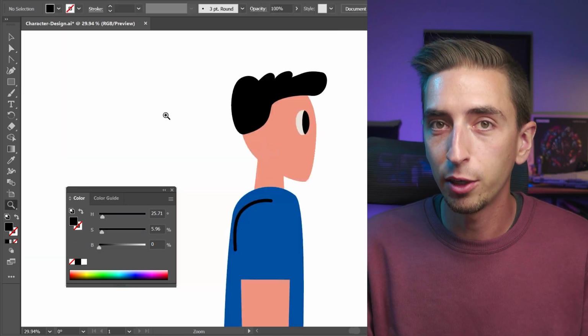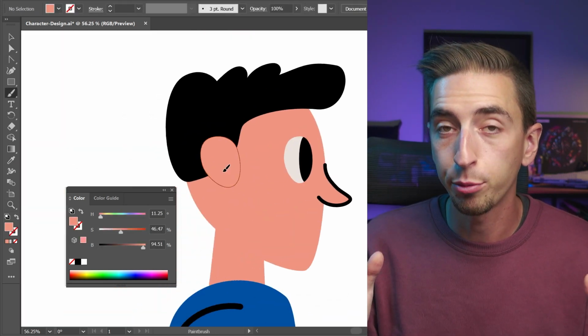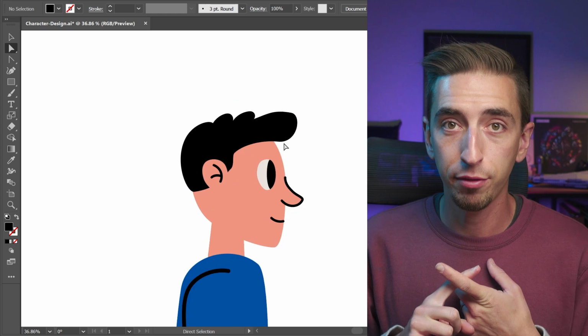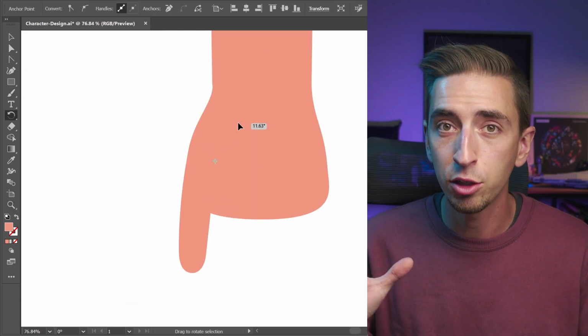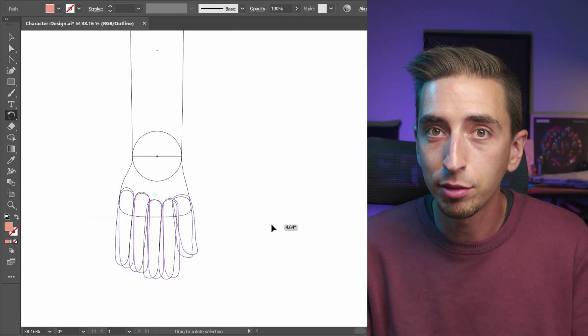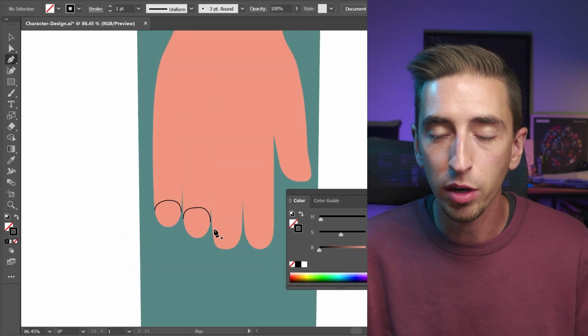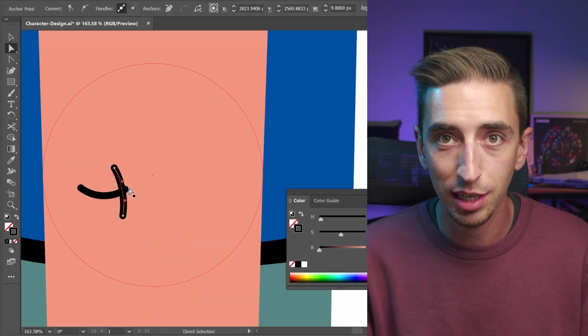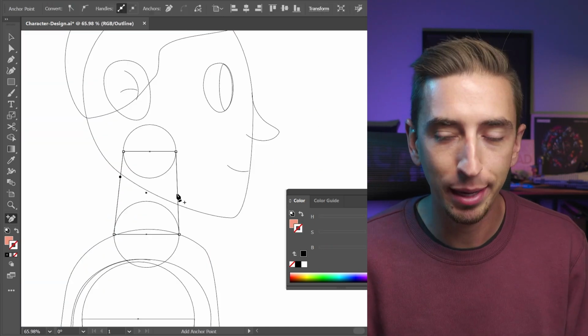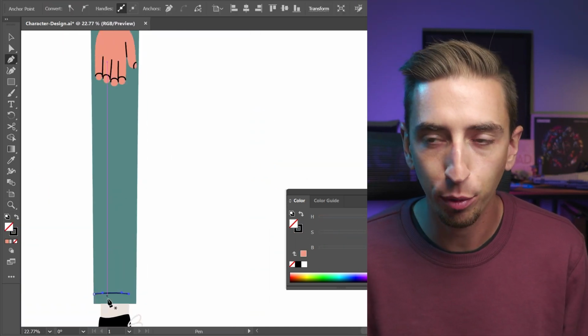But I think the biggest consideration you need to make when you're designing a character to be rigged is making sure you have those perfectly circular joints so that you can rotate joints around without having any kind of seam showing up. And the stuff we've already talked about, just deciding what kind of style you're going for. And I'm just going to time lapse through the rest of this design process as it is pretty lengthy, but I'm